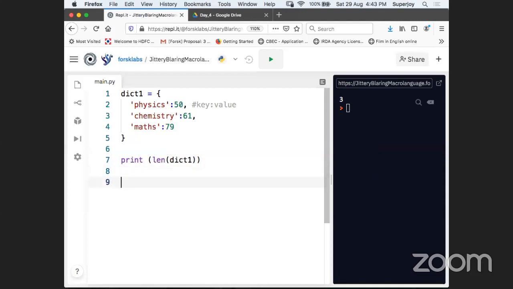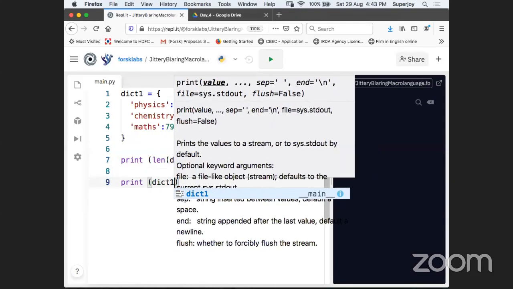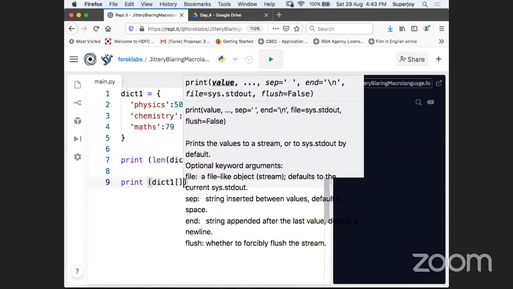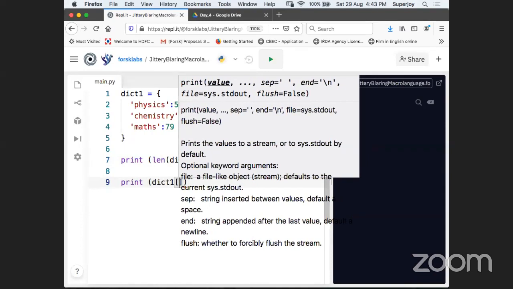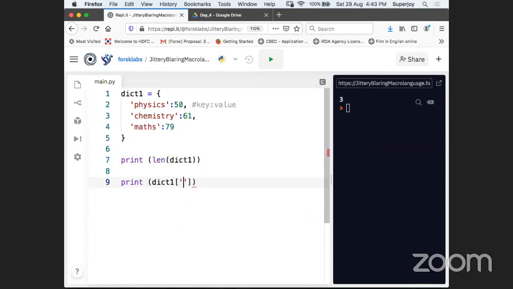And now here it is very easy. You just need to use your dictionary name, that is dict1, and use the subject name as an index, guys. So I'm using square brackets, and inside the square brackets you just mention the name of the key. And the name of the key here is the name of the subject only, right?